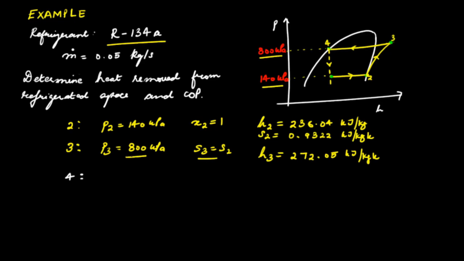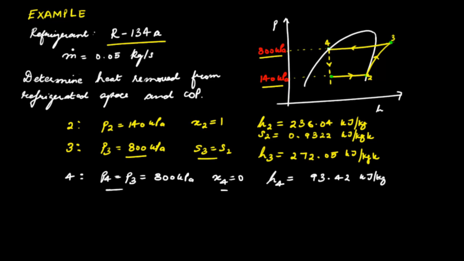we note that pressure is equal to that at state 3, that is 800 kilopascal, and another property we know is that at state 4 the substance is at a saturated liquid state, therefore the quality is 0. So using these two properties we can identify state 4 uniquely, and from the tables for saturated states we can get enthalpy at state 4 is equal to